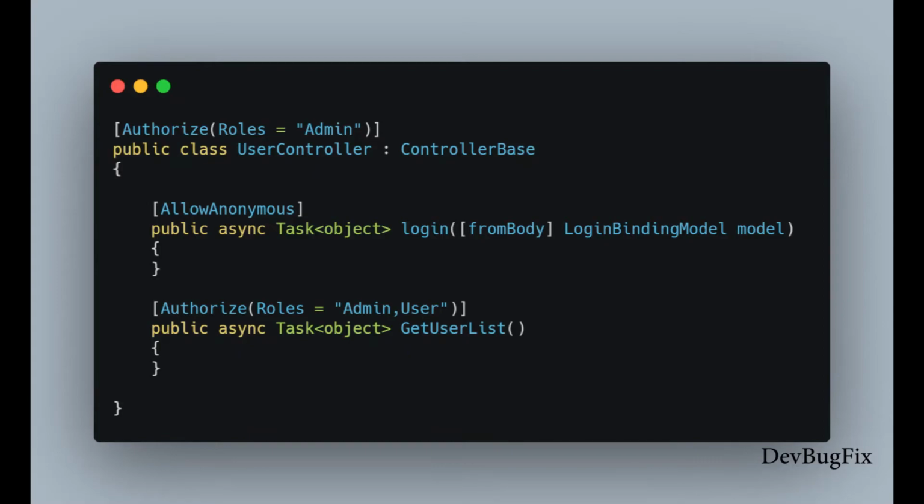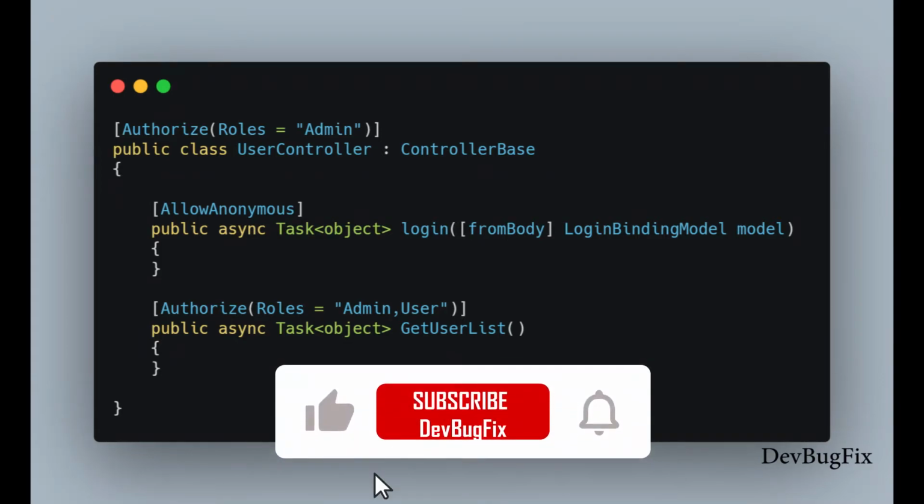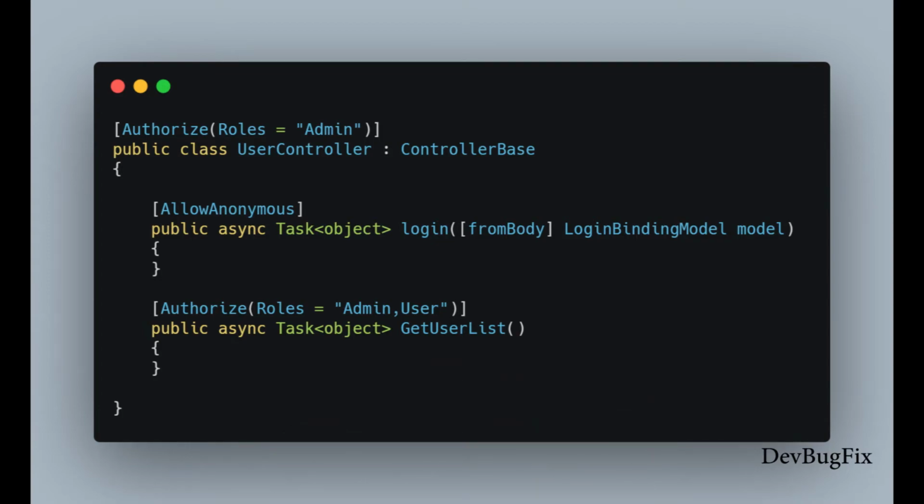In the first example, we will add role check on a class level, and here we added role type admin. Only admin can access this controller, and role type user cannot access this controller. On our first method, we added attribute AllowAnonymous. This will ignore the authorization and authentication, and this method will be publicly accessible. User doesn't need any authentication or authorization to access this method. To access the second method, user should have role type admin or user. User with role type user cannot access this method because this user doesn't have role type admin, and user with role type user cannot enter into this class.